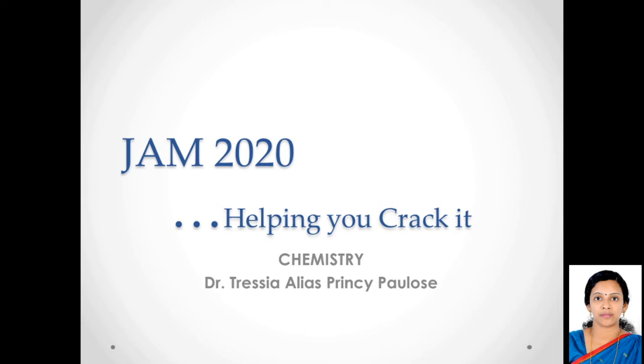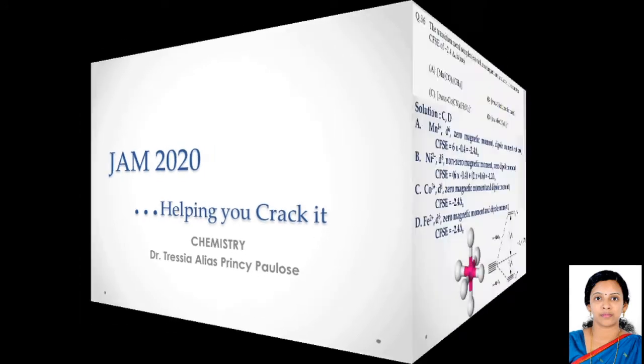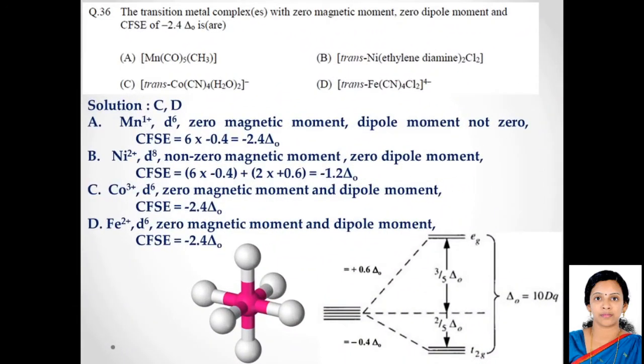Hello everybody, let's look at question number 36 of the 2020 question paper. The transition metal complexes with zero magnetic moment, zero dipole moment and a crystal field stabilization energy of minus 2.4 delta O are: